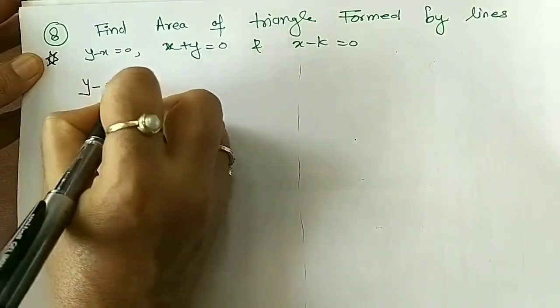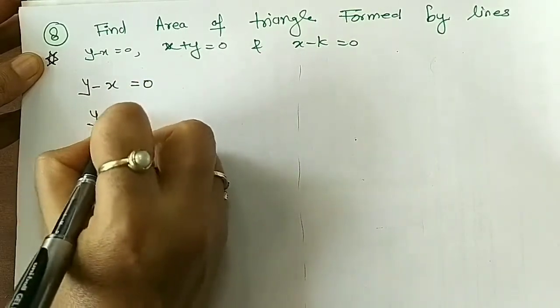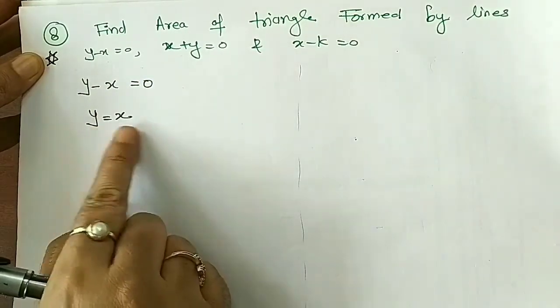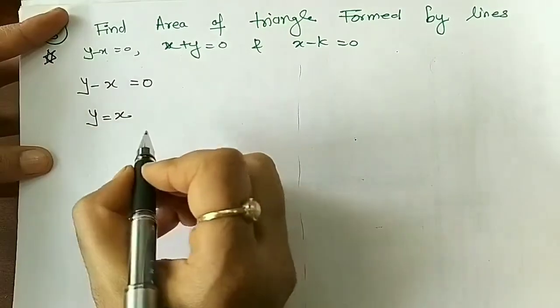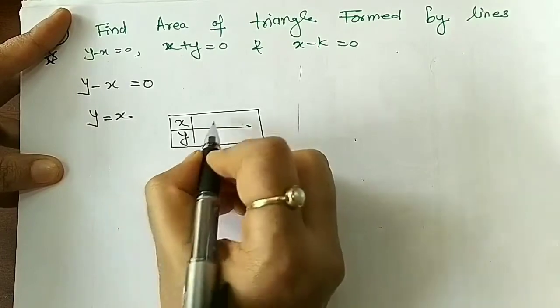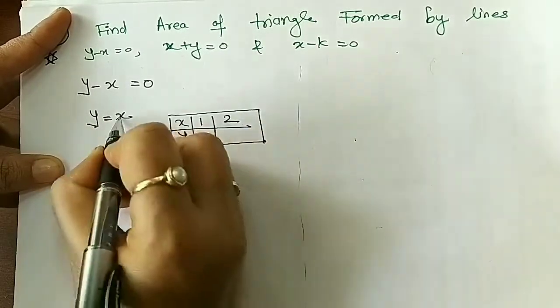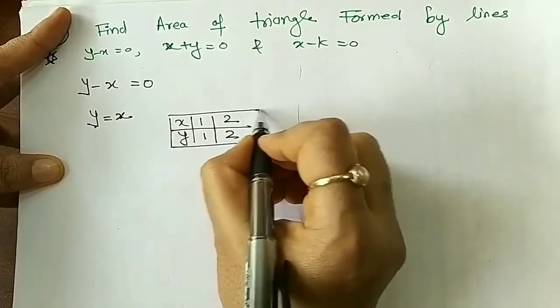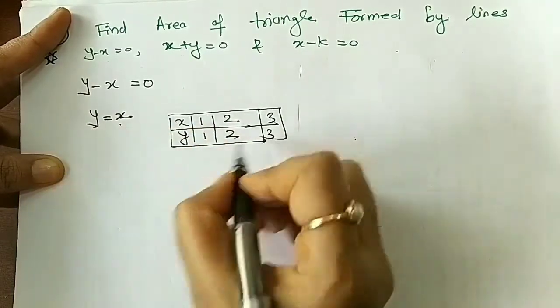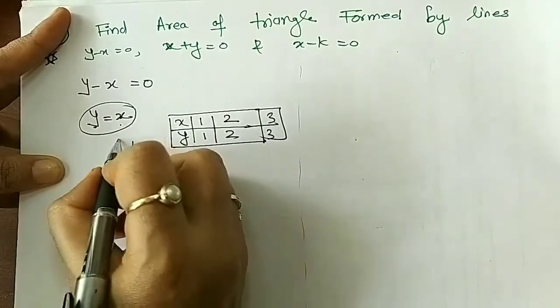Remember, guys, whenever this is the line, so that means what they have given, y is equal to x. Okay, so whenever there is y is equal to x, it's a pretty simple sketch. You should know, if you take x or y, so x is 1, y will also be 1. If x is 2, so y is also 2. If you take x 3, y is also 3. So sketch of this line, y is equal to x, is always like this.